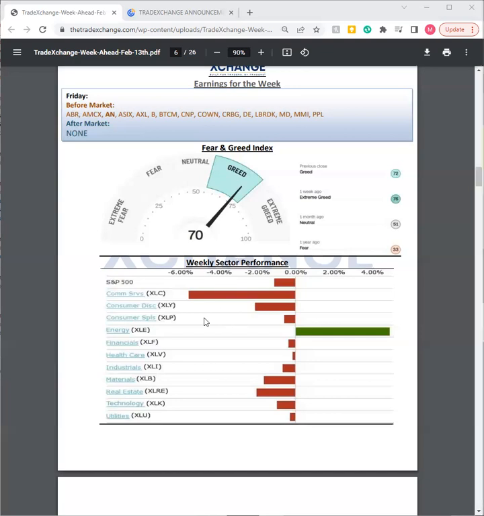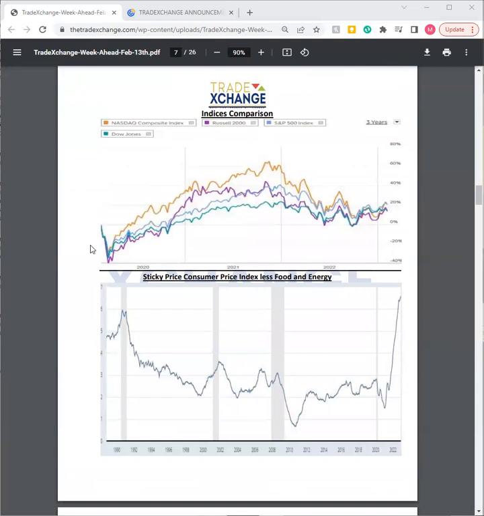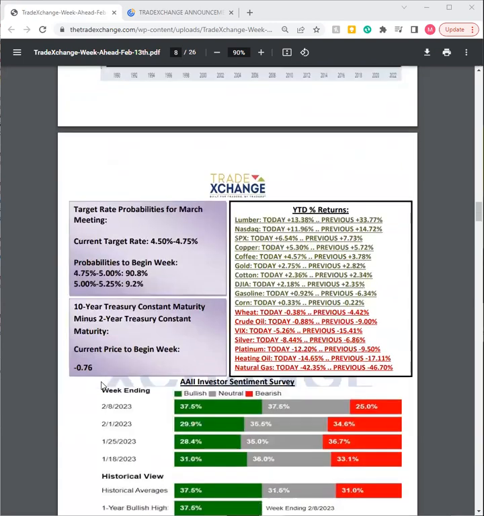Your weekly sector performance, we did mention earlier that the only strength was in energy, weakness across the board on every other sector, with keying on communication services, consumer discretionary, real estate, and materials. Agency comparisons to COVID, still stabilized above these levels that we've been watching for quite some time. We added the sticky price consumer price index chart since we are watching the CPI this week. But just look at that number, members. It's hitting levels not seen in, we can't even go as far back as it possibly could.